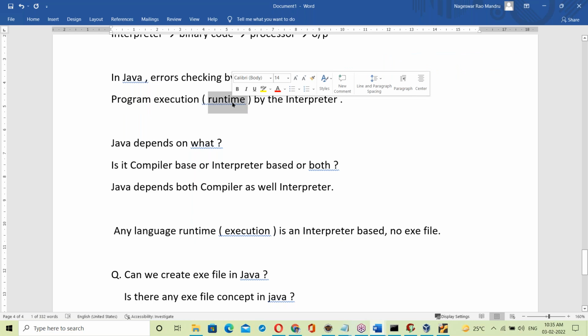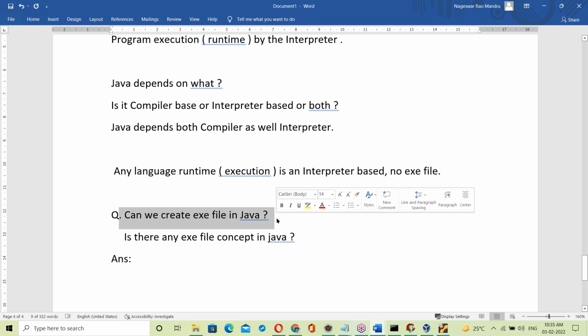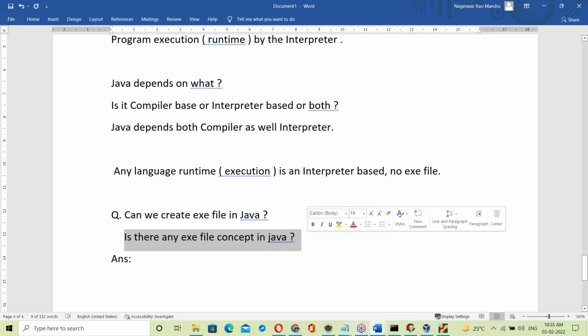Java program execution is by the interpreter, and Java error checking is by the compiler. Now the question is, can we create an exe file in Java? Is there an exe file concept in Java?